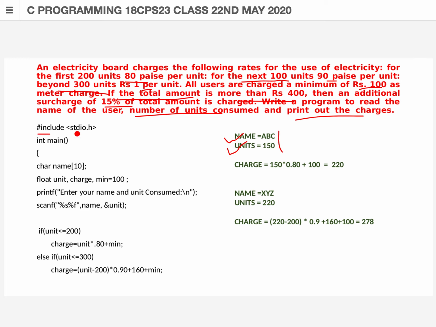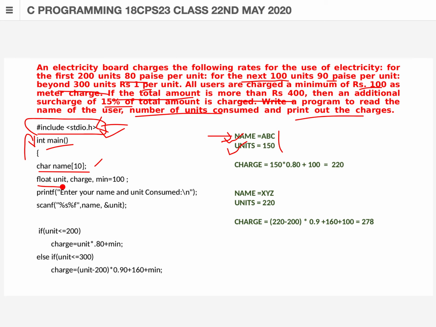Here, #include <stdio.h> is a standard header file that we are using for reading and writing data, like the printf and scanf functions. Since we are using them in the program, the definitions of those functions are stored in stdio.h. Next, the main program, the actual C program, starts from int main. The first input required is a name, which we have defined as a group of characters, like a string, of 10 characters fixed size.